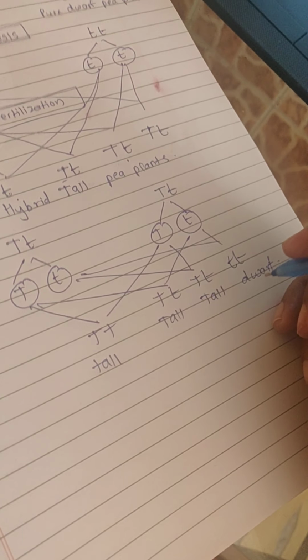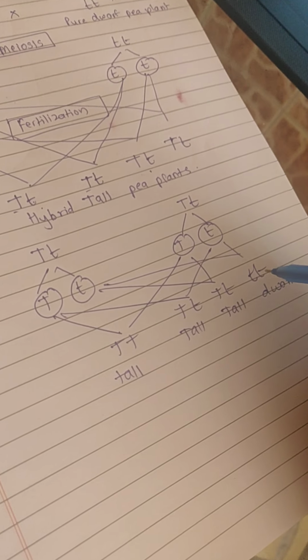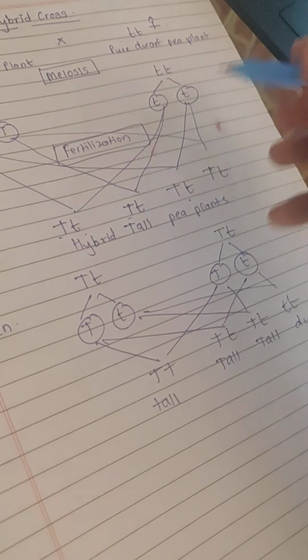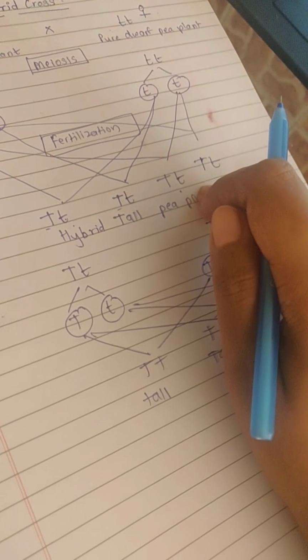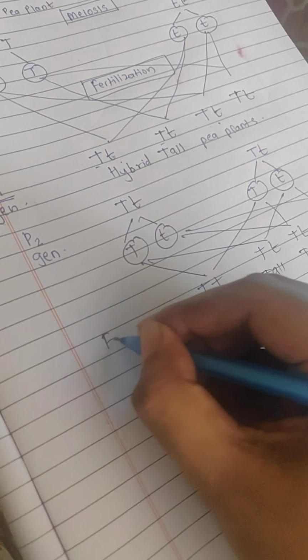be a dwarf plant. So a lot of times we see that parents might be tall, but still the children might be short, that is because their grandparents might be short और उनका एक जीन इसमें आया था जो दिखाई नहीं दे रहा है. Are you getting my point? And that's how this was being seen in the एक generation छोड़ के. So this was the F2 generation that we got.